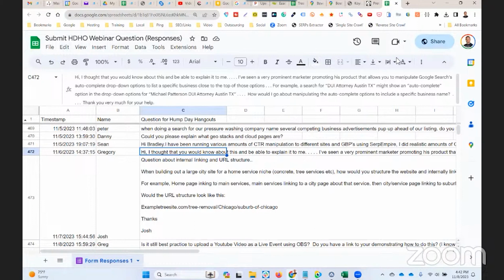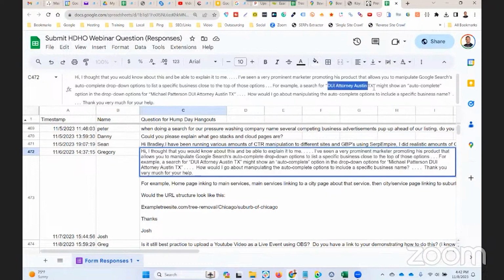Okay, so what do I mean? Well, go do a search for whatever you like. Let's just use your example. I'm going to use your example right here. So I'm going to copy DUI Austin TX. I go back over to, sorry, I got